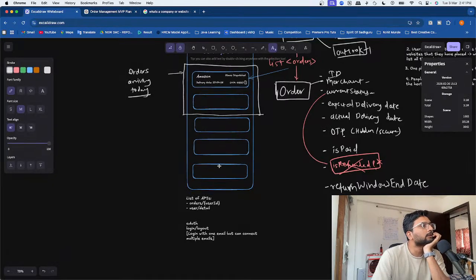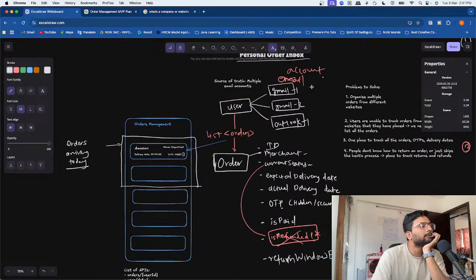So this multiple account funda, we will keep it for iOS. Here we'll keep it like